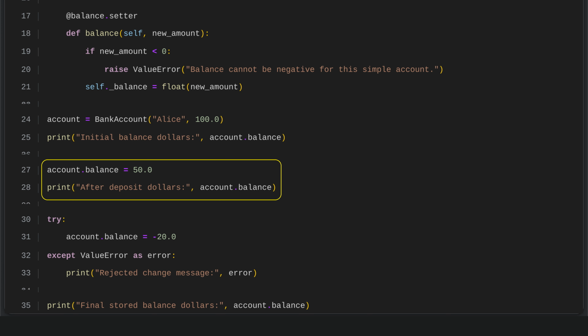The code updates the account balance to $50 using a special balance setting method that first checks the new amount is not negative. If the amount is valid, it changes the stored balance and then prints a message showing the new balance of $50. This illustrates how using a property for the balance allows controlled changes while protecting the correctness